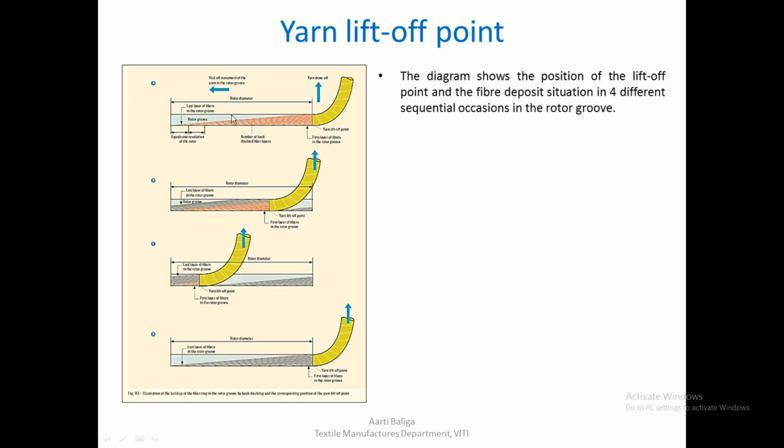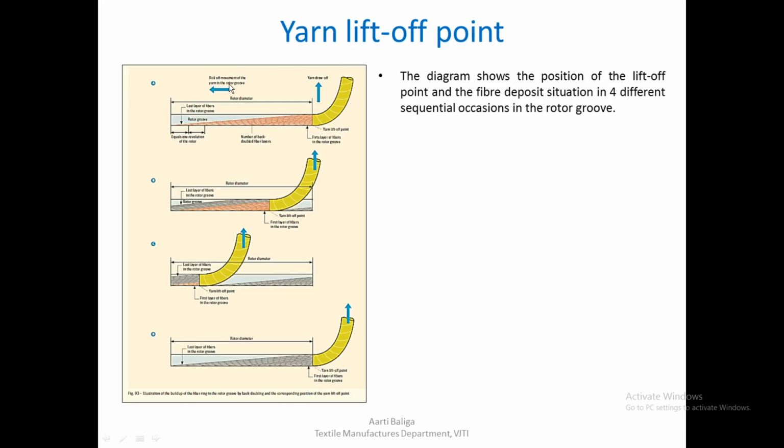So position number 1, just as the rotor is rotating, this is the second position that all these elements take, third and so on, third and fourth. So now let us see each one of them. We have to concentrate on the yarn lift-off point, which is shown here. Let us see what are the other labels that are there here. This is a yarn draw off. Yarn is being drawn off from this area.